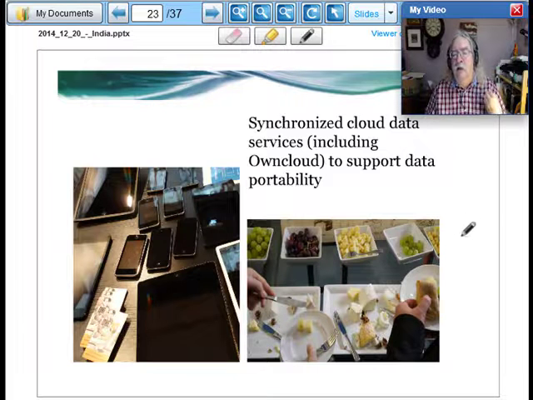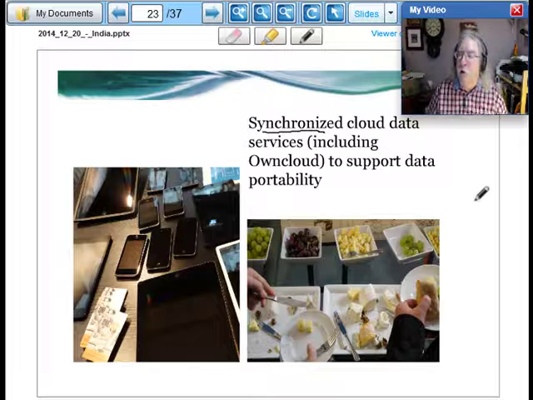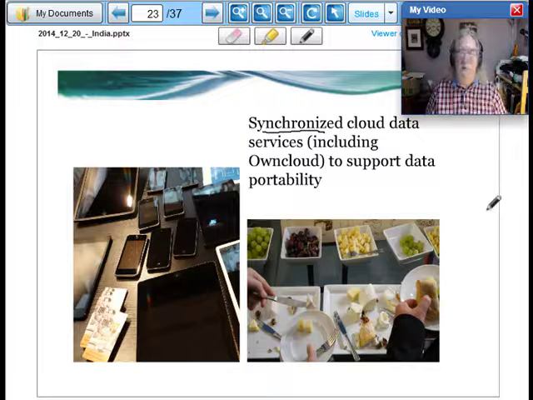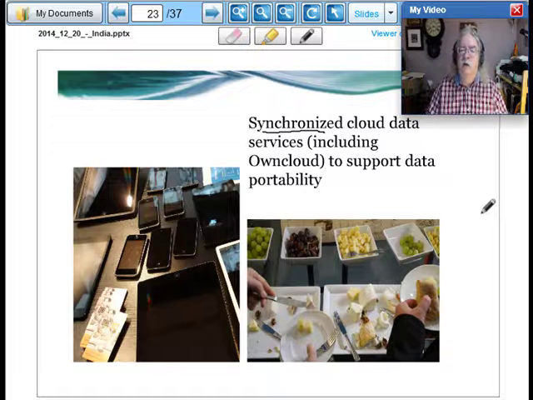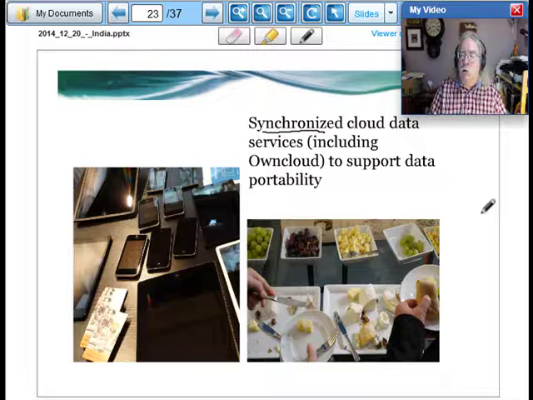Personal Cloud basically manages cloud data, and the key here is synchronizing this. We know that we can't put all of a person's learning data into every single environment that they're going to be in. So the idea is that we need a mechanism to put the right data into the right place at the right time. So our personal cloud project is intended to do this. The way it works is that instead of trying to store everything in one place, it takes advantage of the many cloud data storage services that are available.